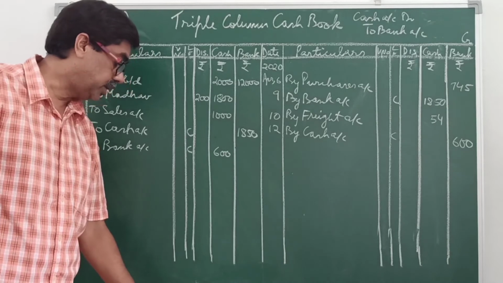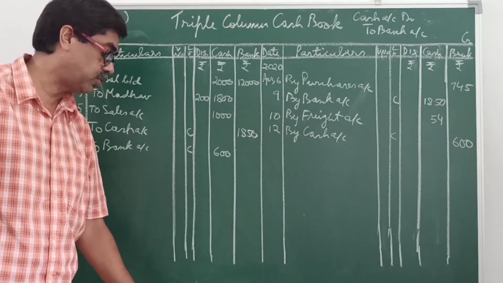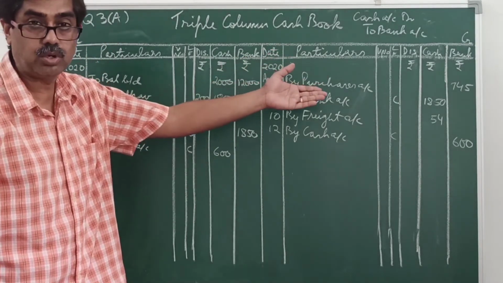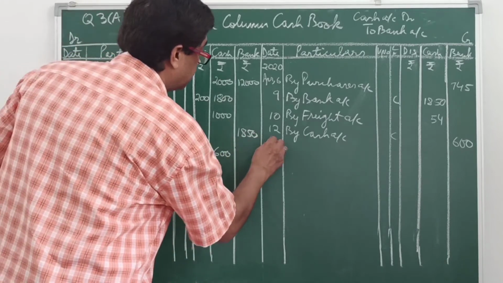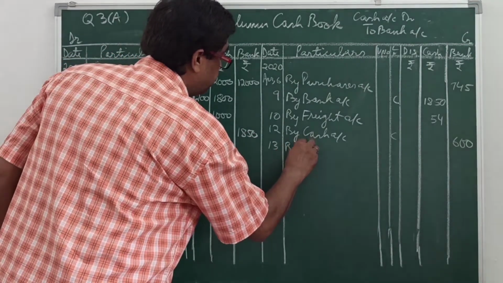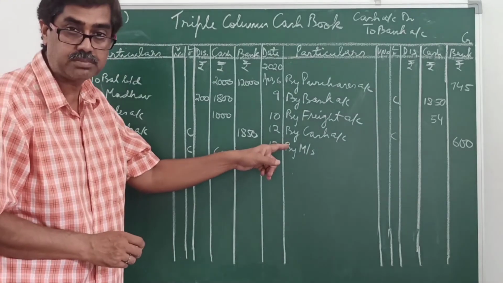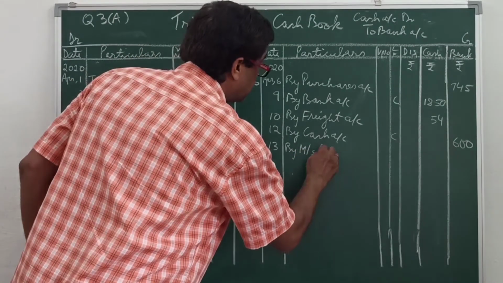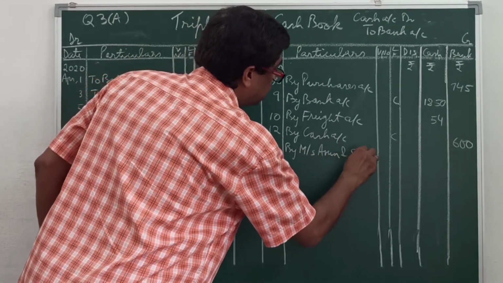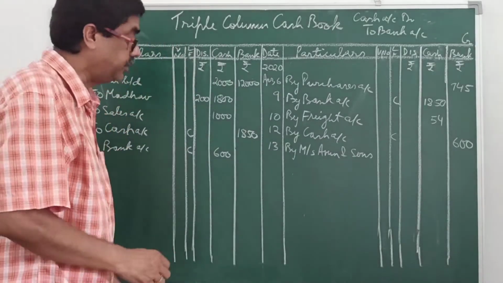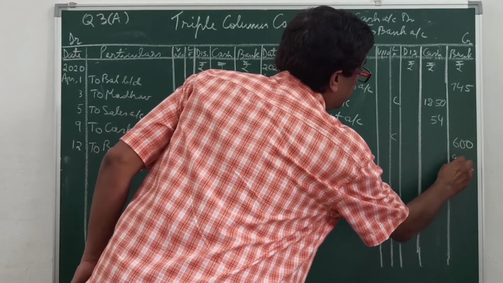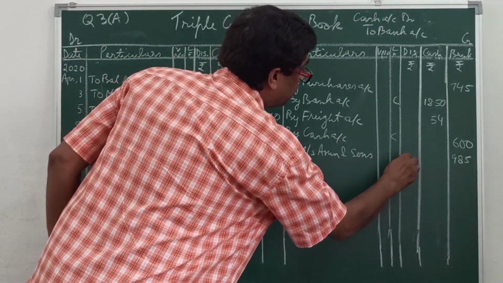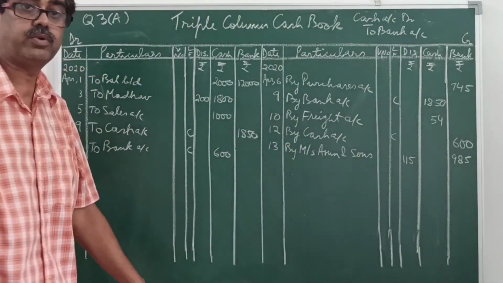Next we have 13, issued a check in favor of Messrs. Arun and Sons for rupees 985, discount received 115. Now you are making payment by check, so credit the giver from your business account. Date 13. Check issued to Messrs. Arun and Sons. Messrs means plural for Mr. And the check given for 985 in the bank column, and since discount was allowed by him or received by the business, in the discount column 115.